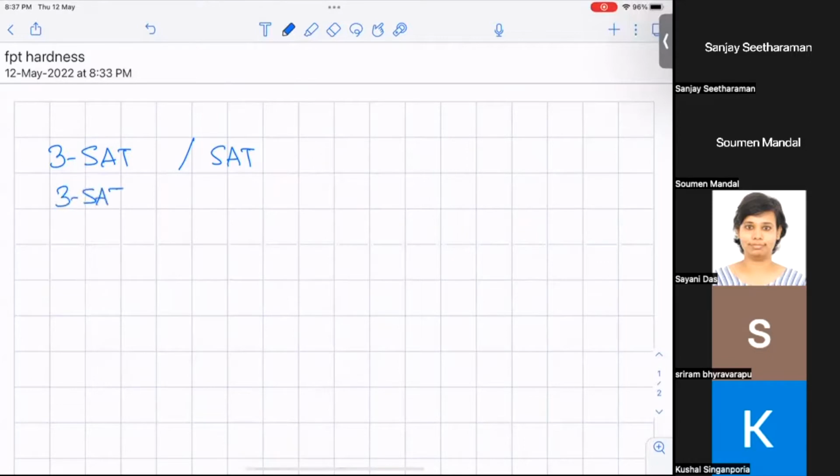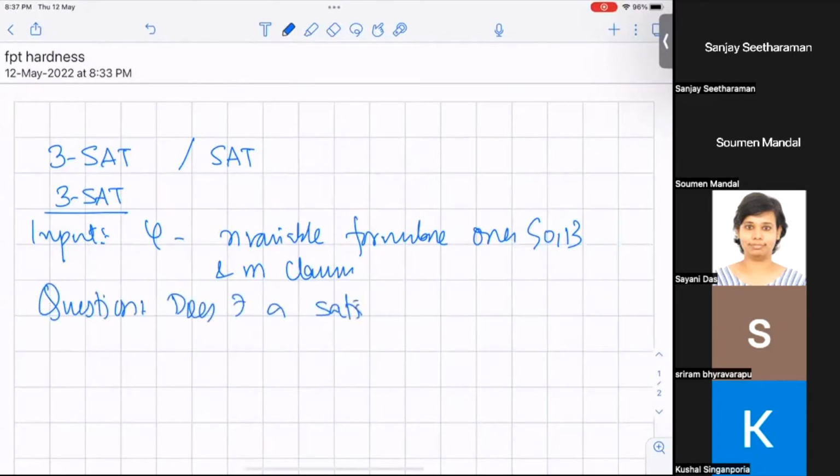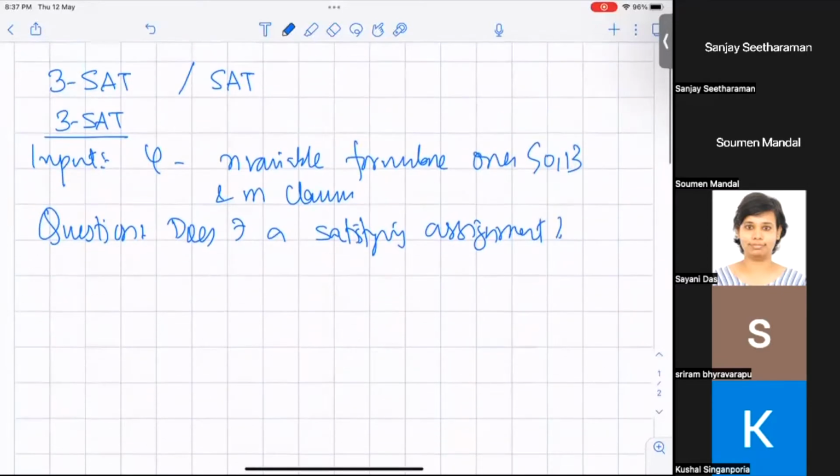So 3-SAT is basically: the input is a phi, an n-variable formula over 0, 1, and say m clauses. The question is, does there exist a satisfying assignment? And you all know what the meaning of this is. So this is basically